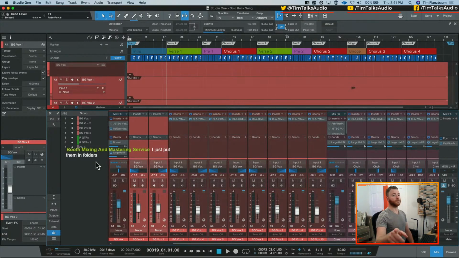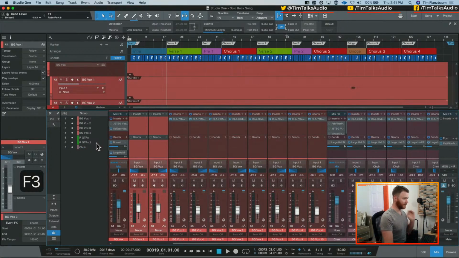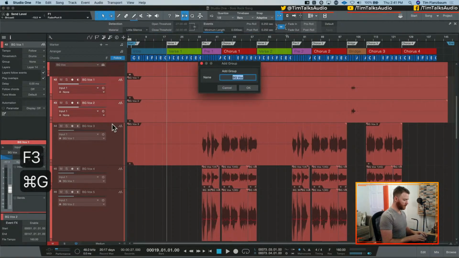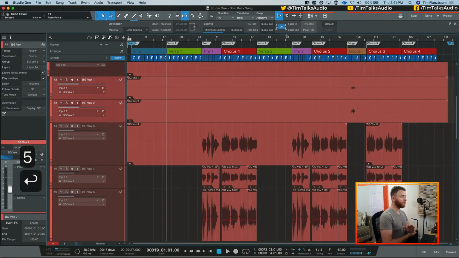Yes, and we're gonna get to folders, but there are advantages of using groups, and we're about to get into that once we actually make this group for this other one. BGVox 5 is what we're gonna call this. So Command G, BGVox 5. Cool. So we've just made a new group, but